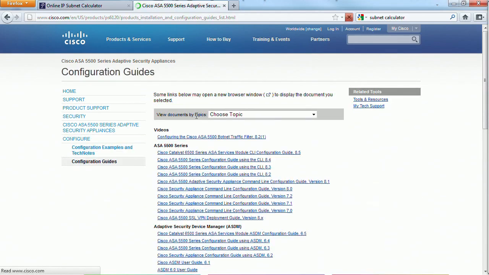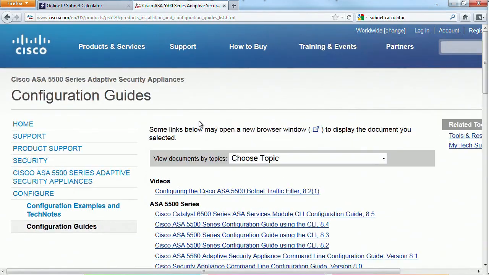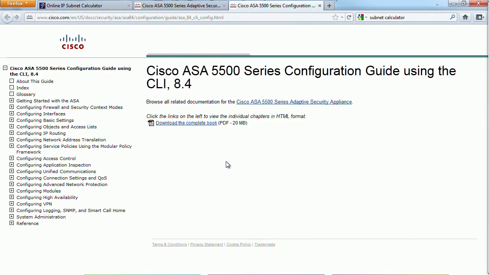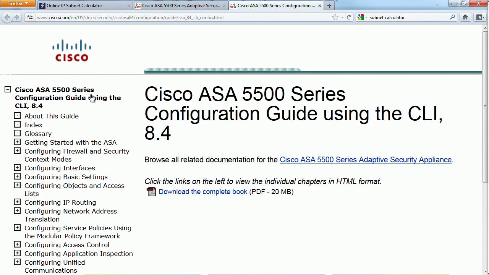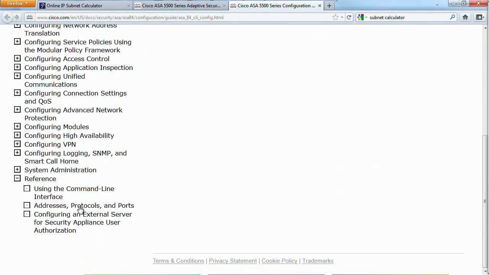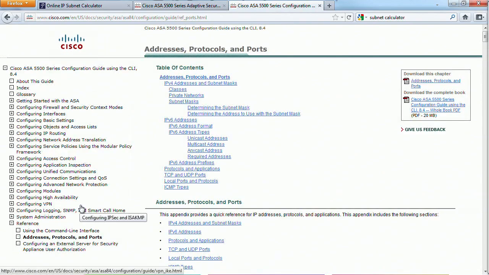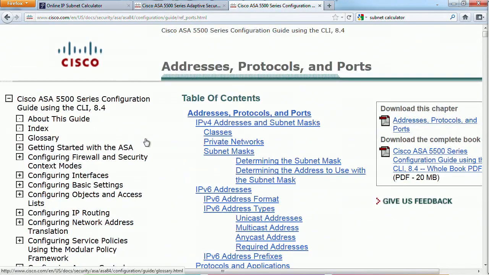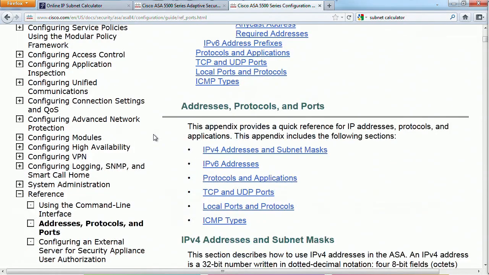Under these configuration guides for ASA, it doesn't really matter what the software version is. Let me say like 8.4 is one of the newer ones. But all the way towards the bottom, there's this reference appendix that has addresses, protocols, and ports. And this could be a useful document that you may want to bookmark. It goes through